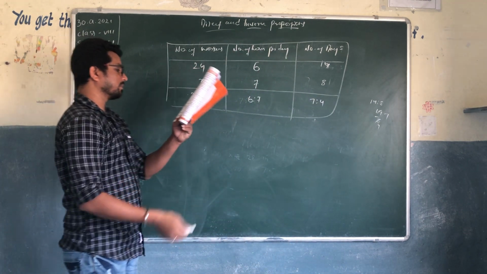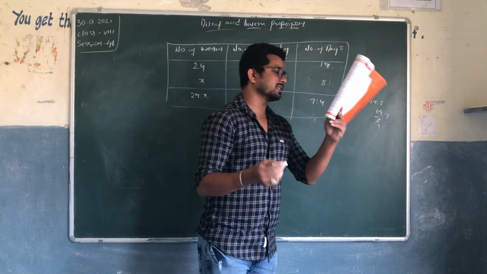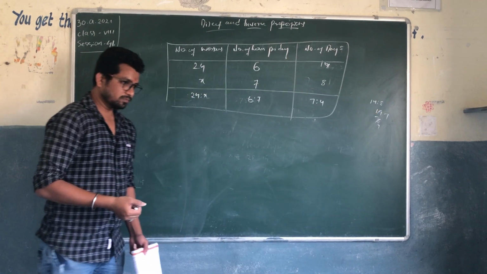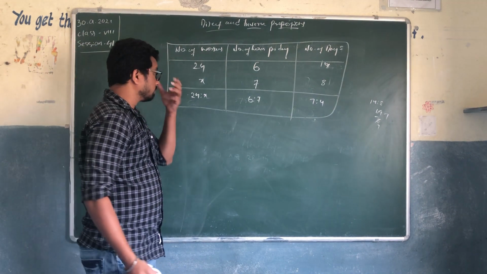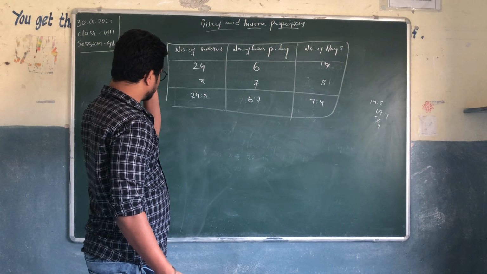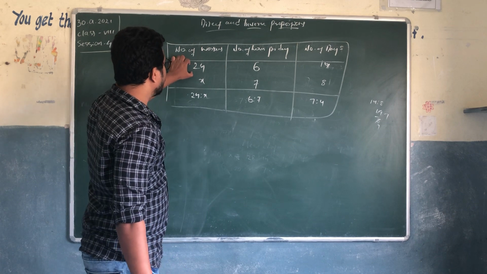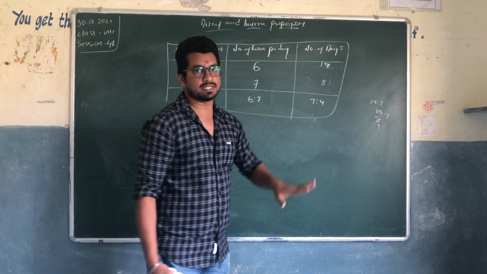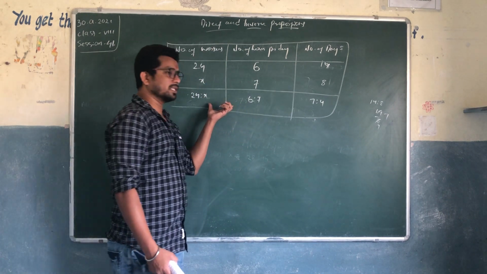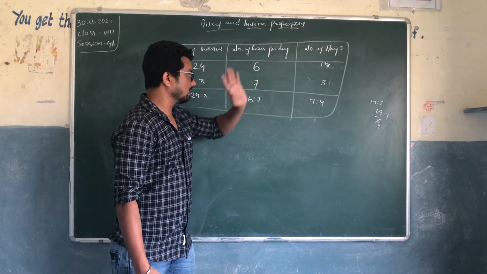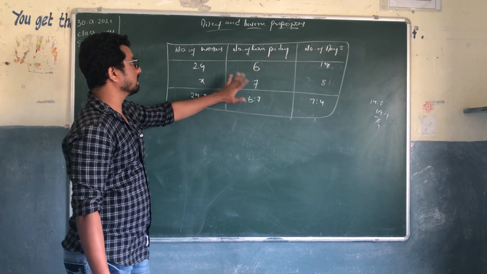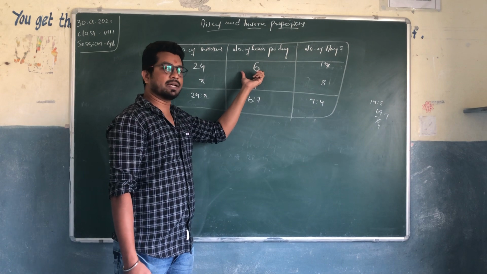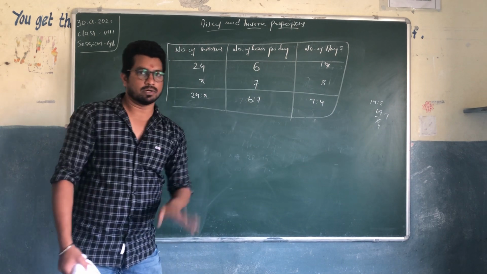Right. Here we can say number of workers is inversely proportional to number of hours per day, right? See, 24 workers, they are working for 6 days to complete some work. Forget about the number of days here. First we need to write one of these two, after that this one and this one. So forget about this one. First look at these two. 24 workers are working some hours per day. They are working 6 days to complete some work.